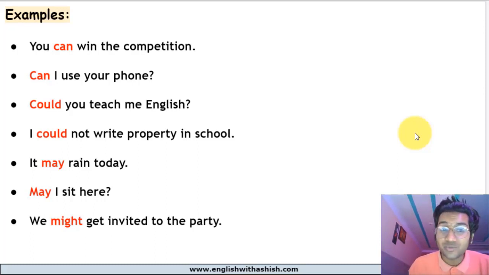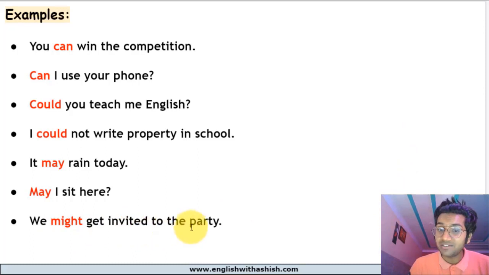You can sound polite using can as well. Can you pass the bottle to me? Can I sit here? Can I use your bottle? Right. So you just have to understand the difference. But at the end of the day, it's about how you use that word. Whatever you use, you have to be polite. Okay. But if you use may, that's the most polite word out there.